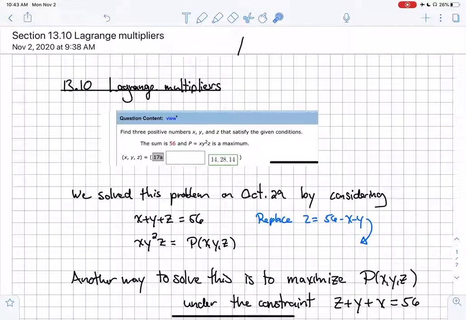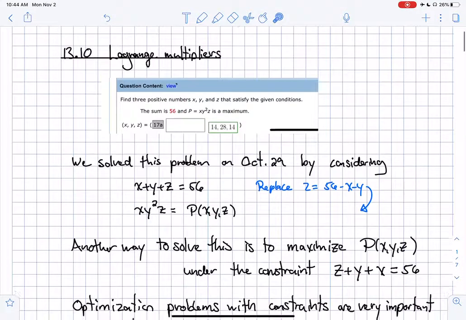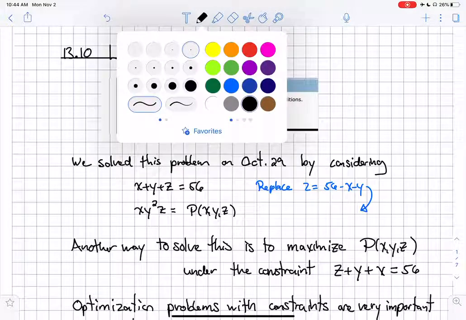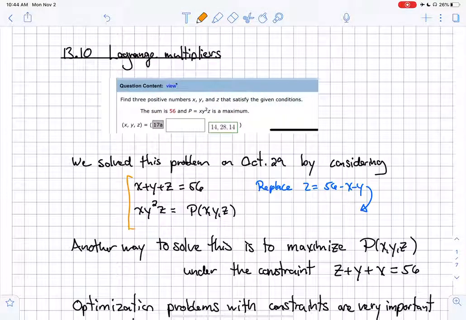Remember that question the web assigned, where you wanted to optimize a function of x, y, and z, three numbers whose sum is 56. So I want to find the maximum of that function under the constraint that x plus y plus z is equal to 56. I can write it like this. So I have a constraint, the three numbers have to add up to 56, and I have a function I want to maximize under that